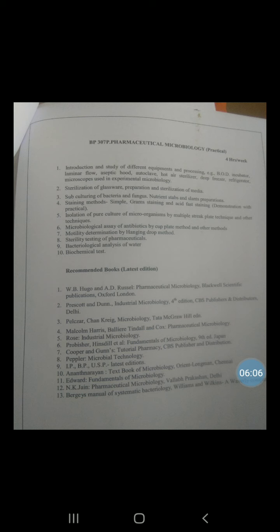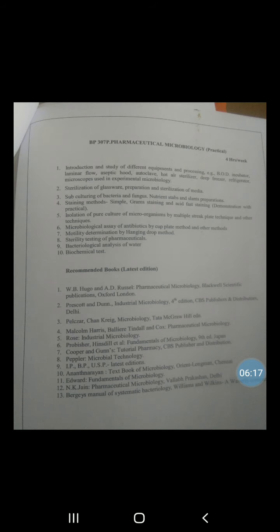Then it is used to produce well separated, distinguished colonies of bacteria from a mixed suspension, so that the size, shape, color and other physical characteristics of isolated colonies can be easily studied. The one streak plate, two streak plate and four streak plate are commonly used techniques for isolation of pure culture. What are those commonly used techniques? First, the one streak plate, then two streak plate and four streak plate. These are the commonly used techniques for the isolation of culture.